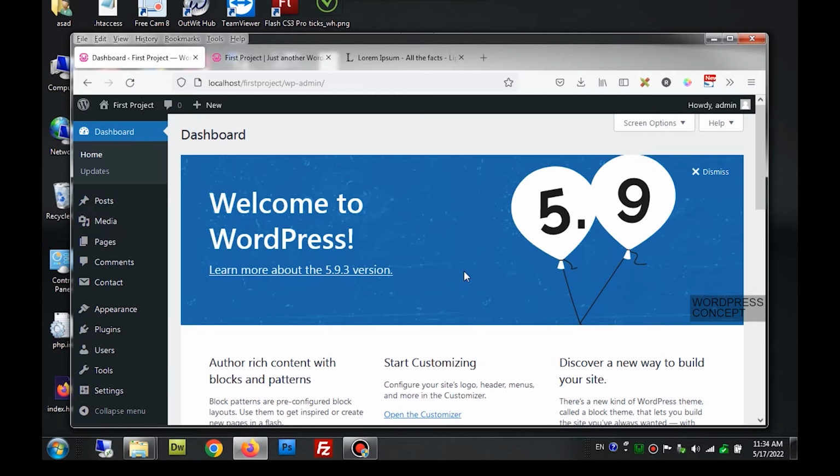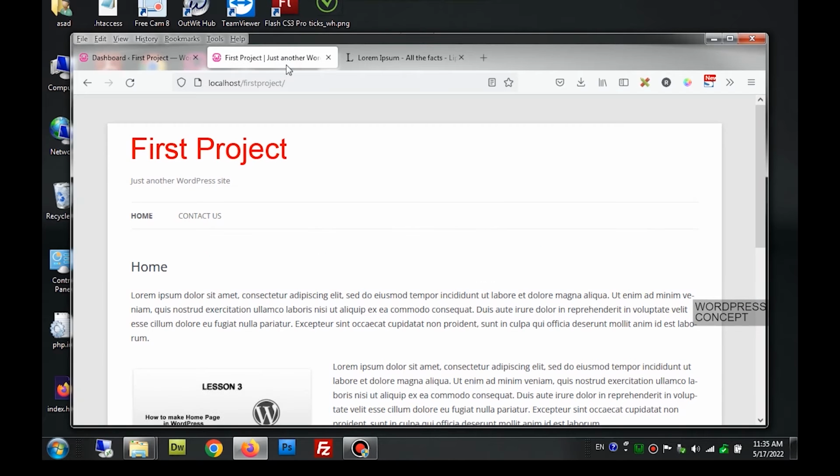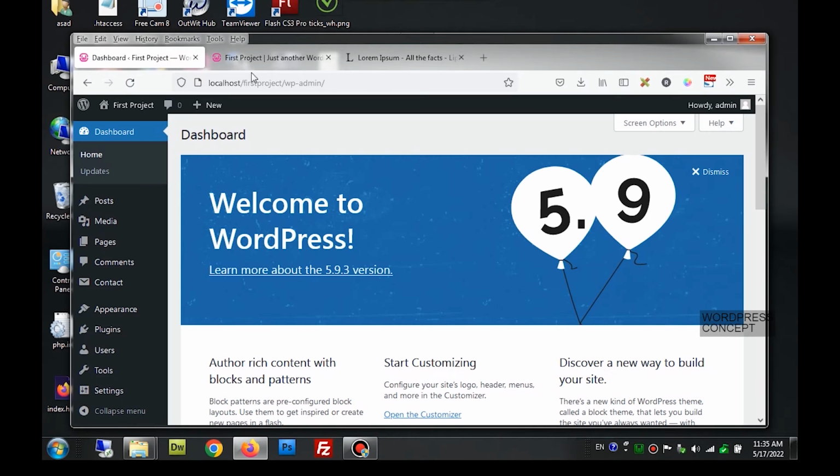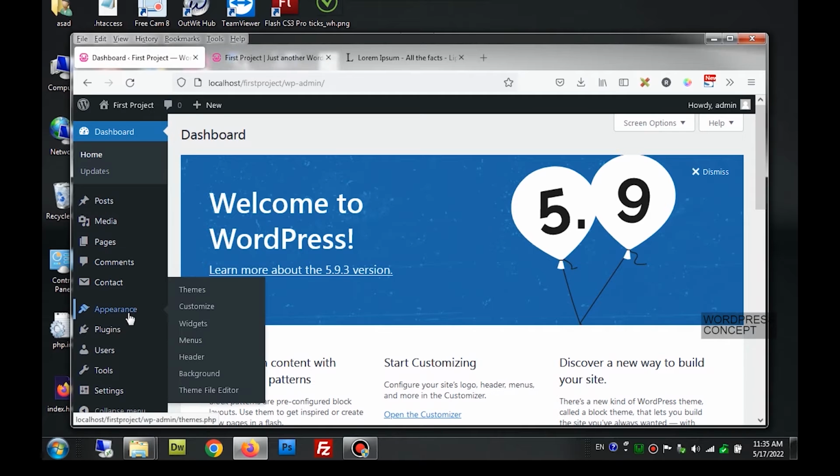Now we start our lesson number 5. This is the front end of the page, and as we can see, this tagline is something coming automatically from WordPress. If we want to, we can change this tagline. To change it, we have to go to settings and then from there, general,